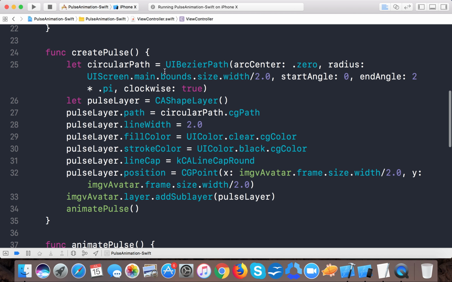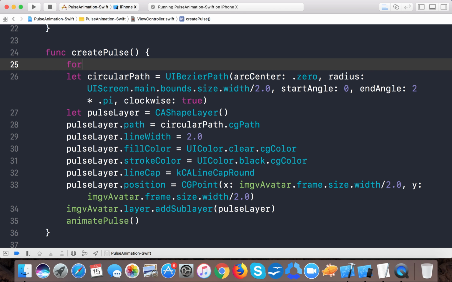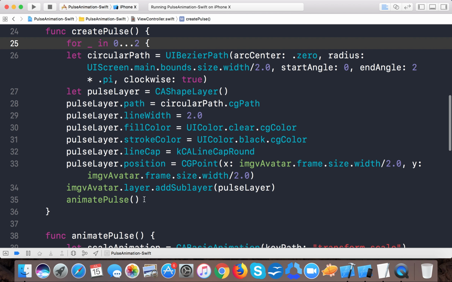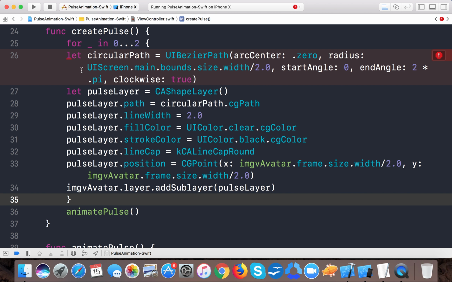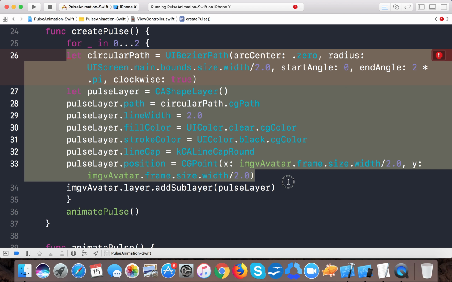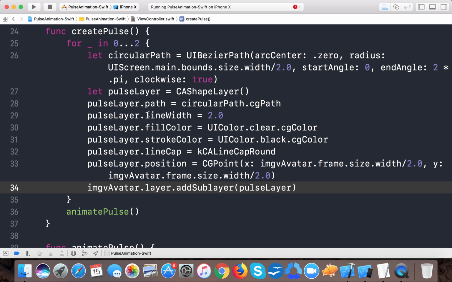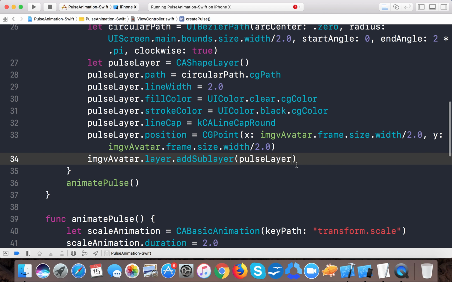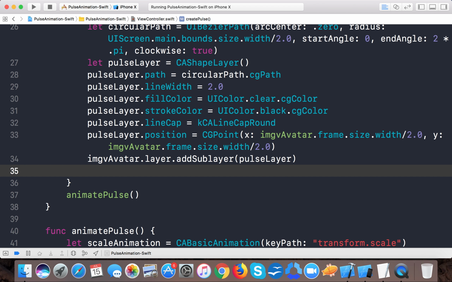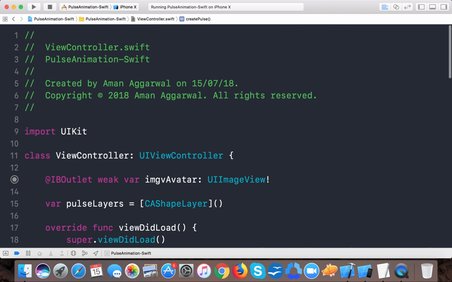Now we will create this in a for loop, for i in 0 to 2, since we want only 3 circulars. So I made the circular path and pulse layer inside a loop so that it goes, and here when I add it to our image layer,